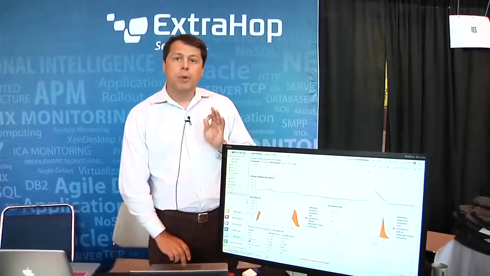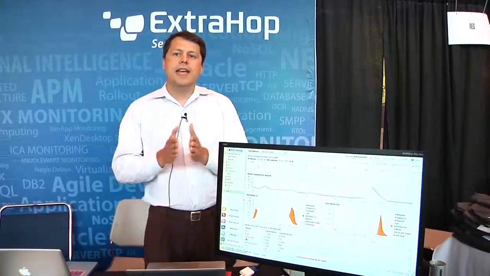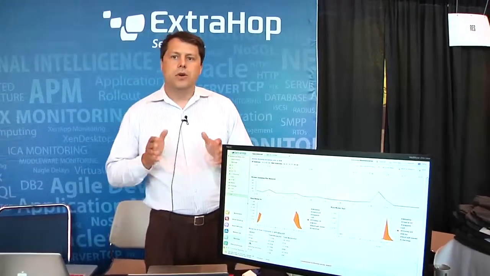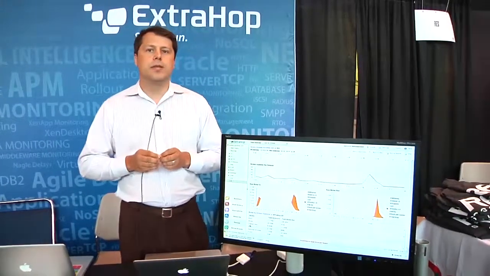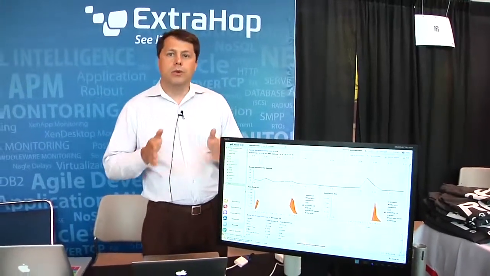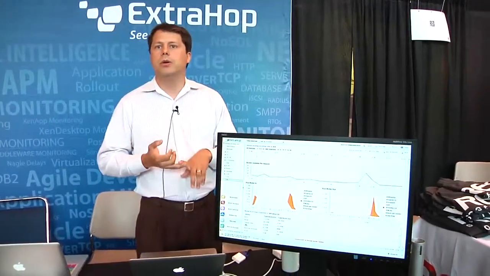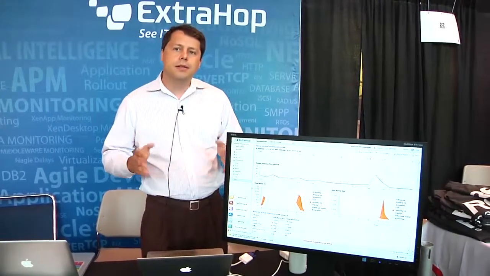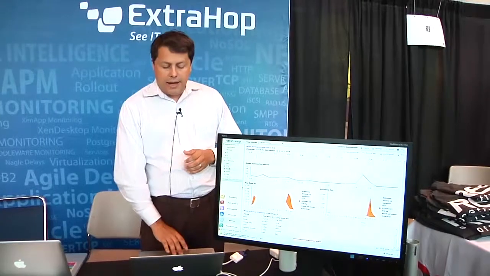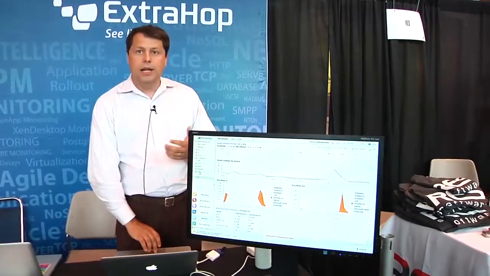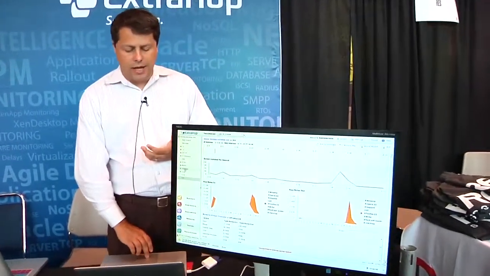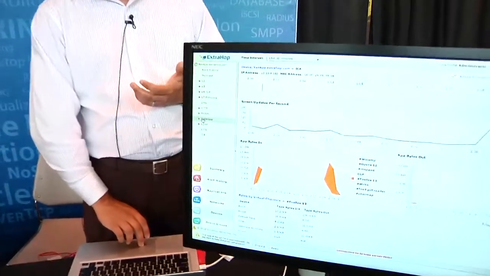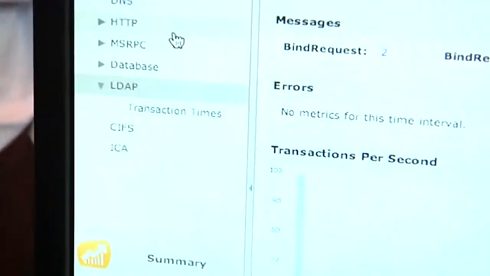But another key point, like I mentioned, is the end-to-end visibility. In many, many cases, when there's a Citrix problem, we all know it's not a Citrix ICA problem or a problem with the Zen app or Zen desktop server at all, but one of those dependencies. And so we have the ability to analyze every dependency on any of those servers. You see here on the left, I'm looking at database, so I can take a look at my SQL traffic. I can take a look at Active Directory traffic. I can take a look at